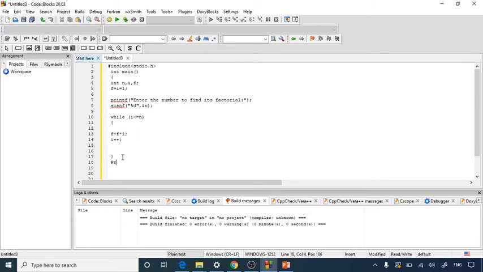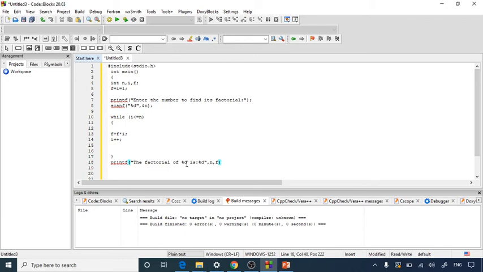Now here we have to print the resulting statement of our factorial multiplication. We would write printf in brackets: the factorial of the given number, with %d, in integer format, and also %d in integer format, and then we will close the quotes here, comma n comma f.